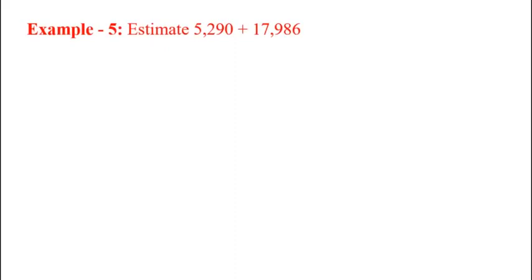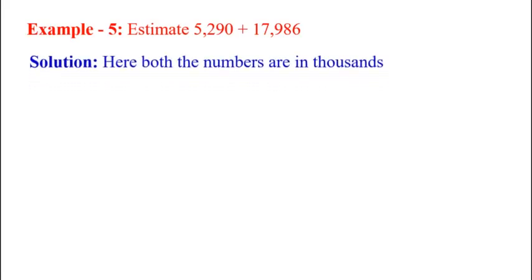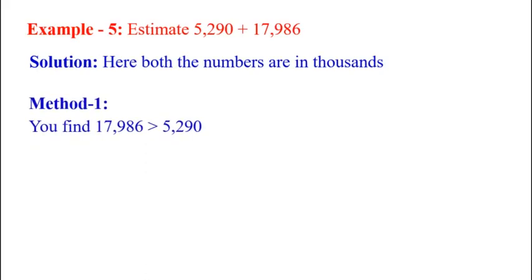Estimate 5290 plus 17,986. So solution is like this. Here both the numbers are in thousands, 5290 and 17,986. So method 1, you find